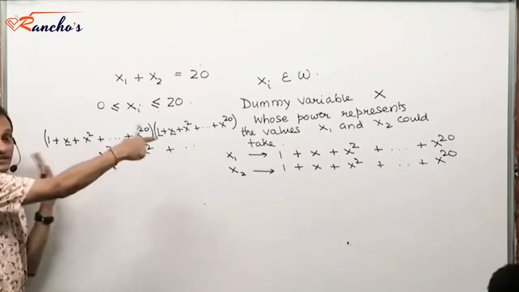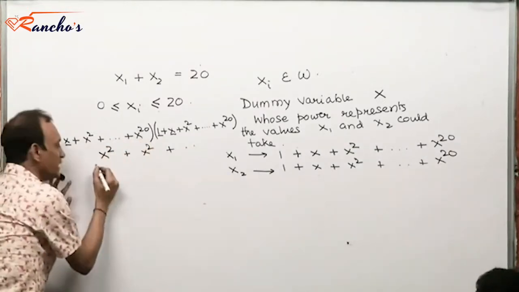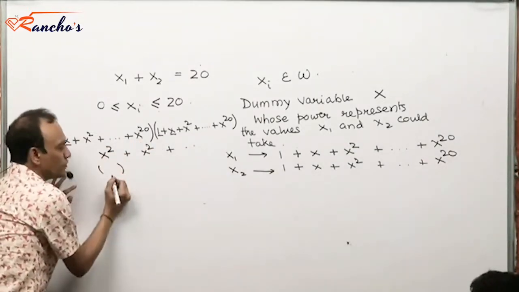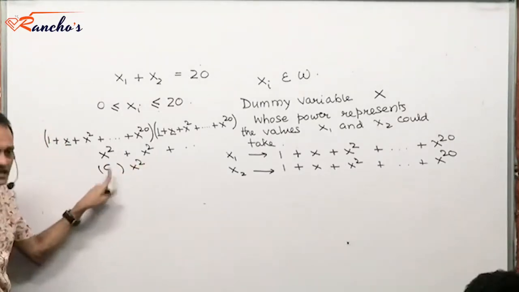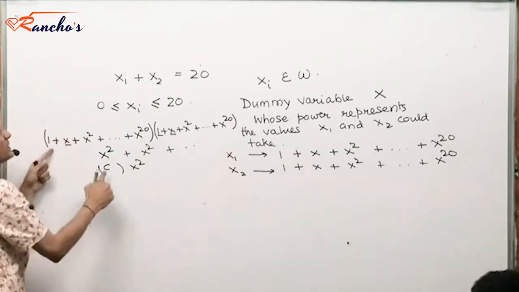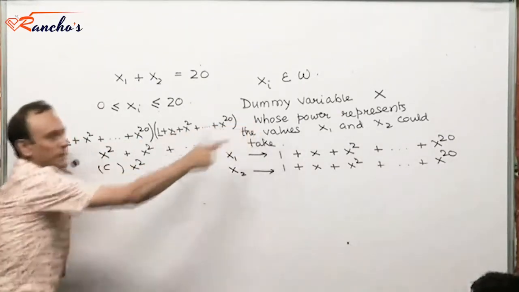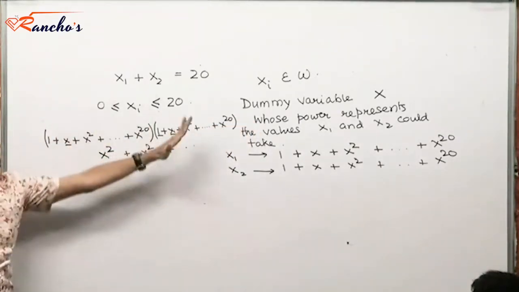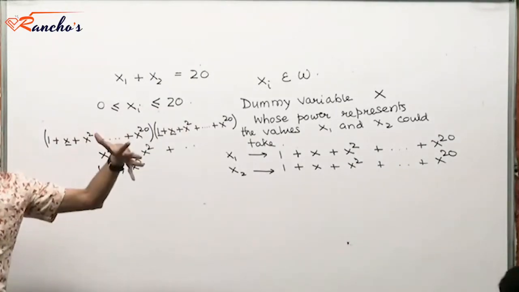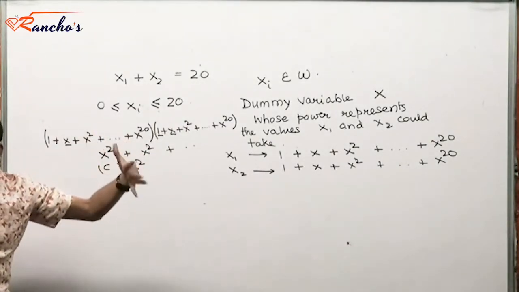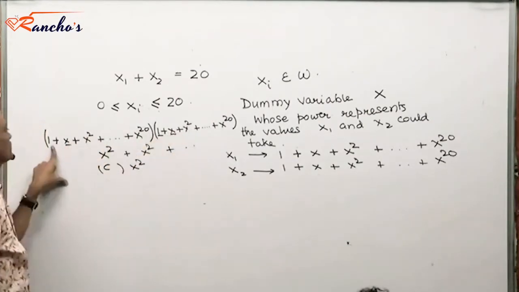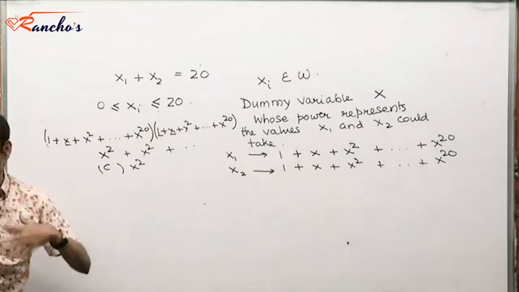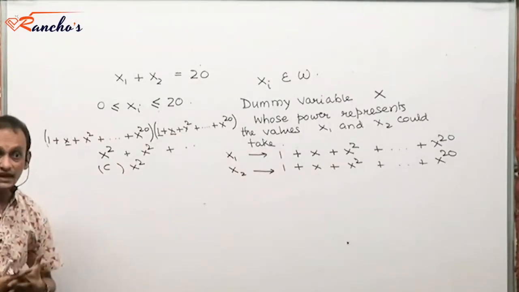The number of ways in which x square will appear is really the coefficient of x squared, c into x squared, right? c is the number of ways in which x square appears. That will be the coefficient of x square in this multiplication. See, when I multiply this out, x square appears in a certain number of ways: x square with 1, 1 with x square, and so on and so forth, right?